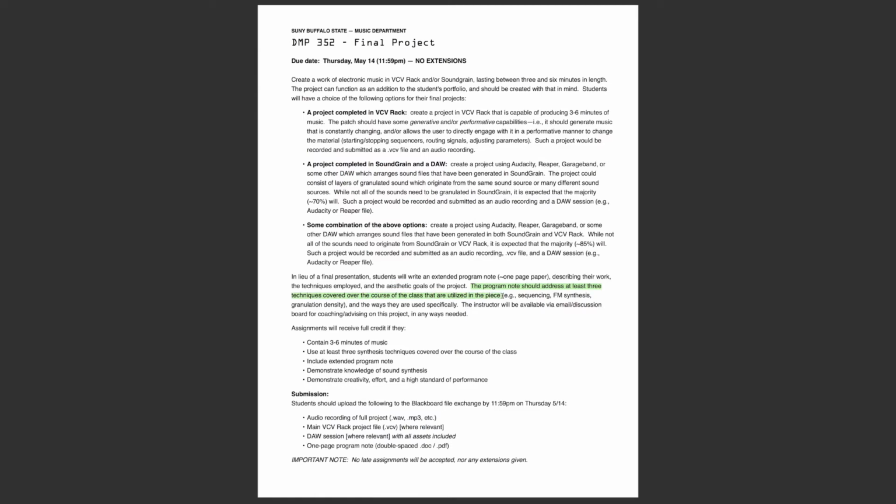So you're going to talk about 3 things you did in your project that we talked about. For instance, I've listed here sequencing, FM synthesis, and granulation density. Those are 3 that we've talked about really just in the past few weeks, but you might also do something that we talked about earlier in the semester, like sample and hold, or cutoff frequency modulation, or envelope shaping,